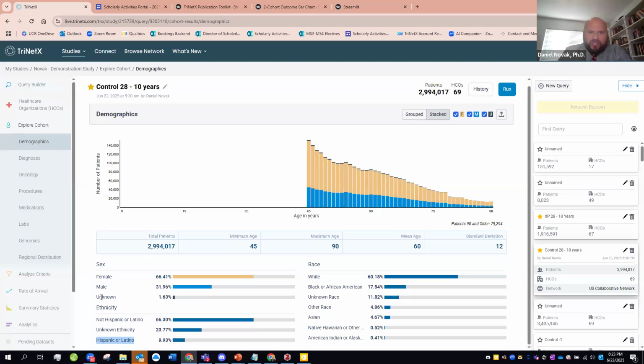Same with male and female. We don't know what unknown means. It may or may not mean transgender or any other kind of non-binary category, but we can't say that for sure. So I really caution people against using the unknown variable for anything. And similarly with unknown race or other race, we really don't know what those mean. But you can see we have our white, Black and African American, Asian, and Hawaiian group in here as well,